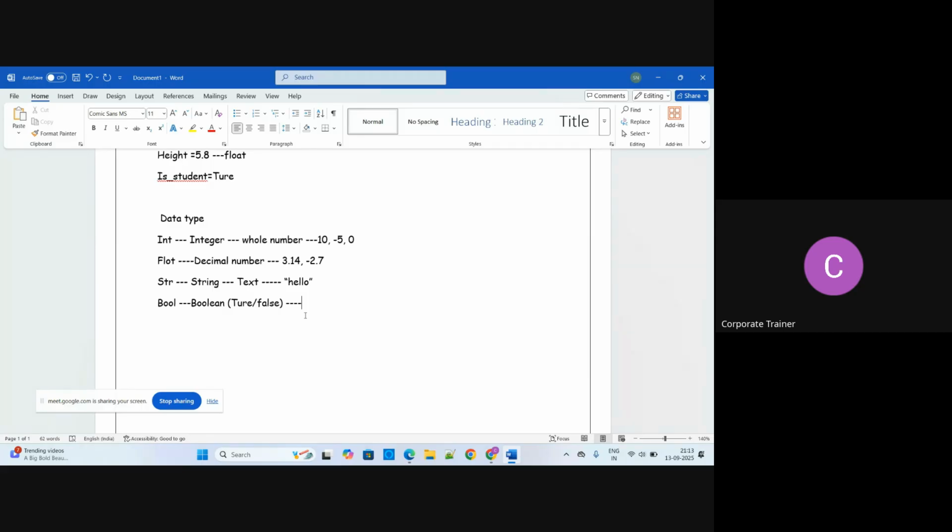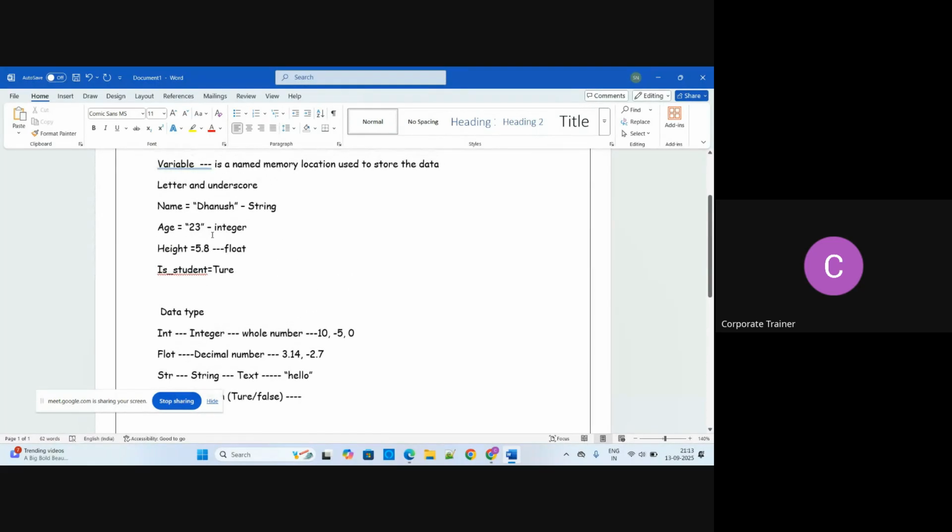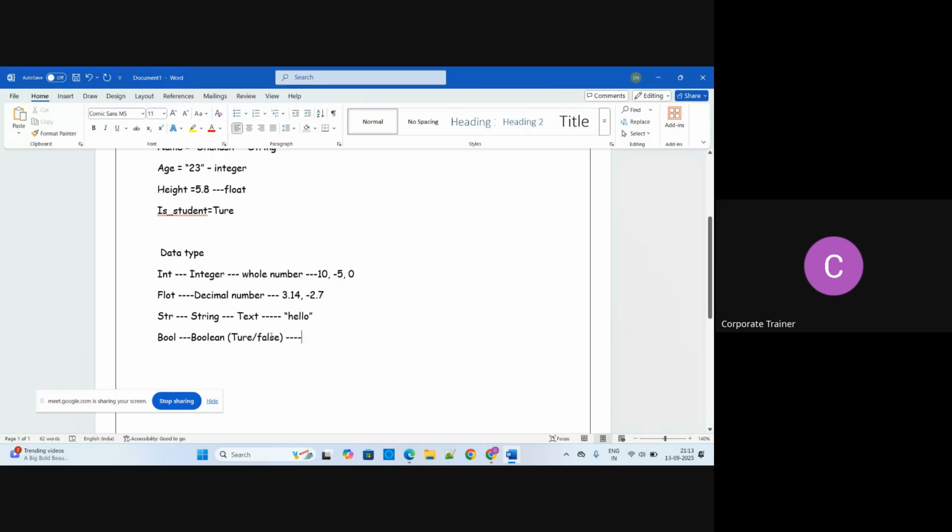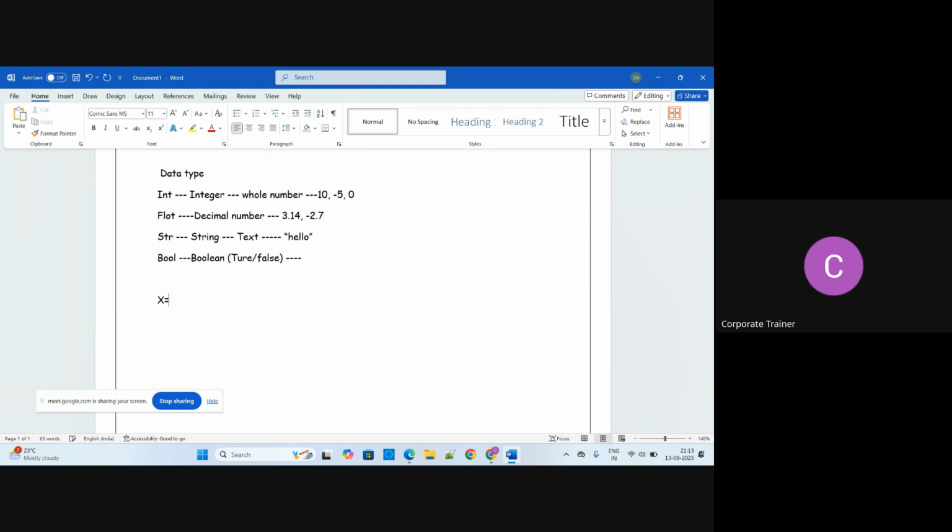Earlier I showcased the variable related things, and that is accepted here. That means you can define x value is something, let's suppose x value is 10. So this is our integer. And let's suppose here I am defining pi's value, pi is 3.14. So this is the float.